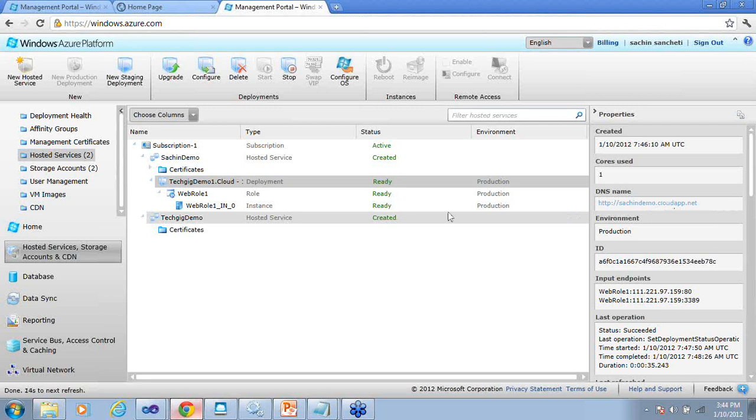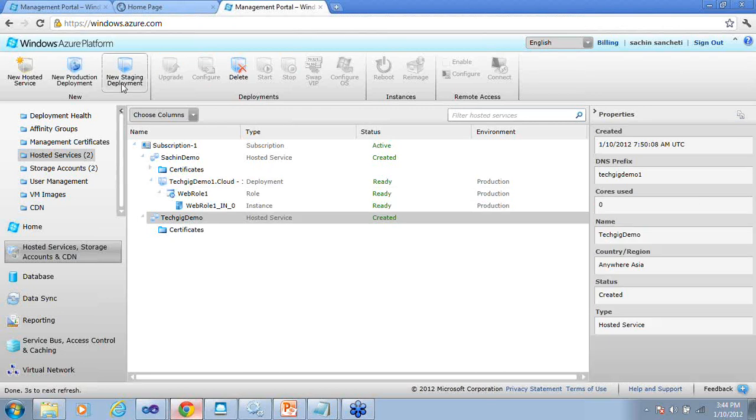In staging, Windows Azure automatically creates a GUID, and every time you deploy an application in staging, it is going to have a new GUID, GUID.cloudapp.net. This is just to not make it available to other users to access your staging environment, because staging is something which you just want to run for some time for testing purposes, and then move on to the production environment. That is the use of the staging environment. Apart from that, there is no difference. So you get charged equally on staging as well as production.